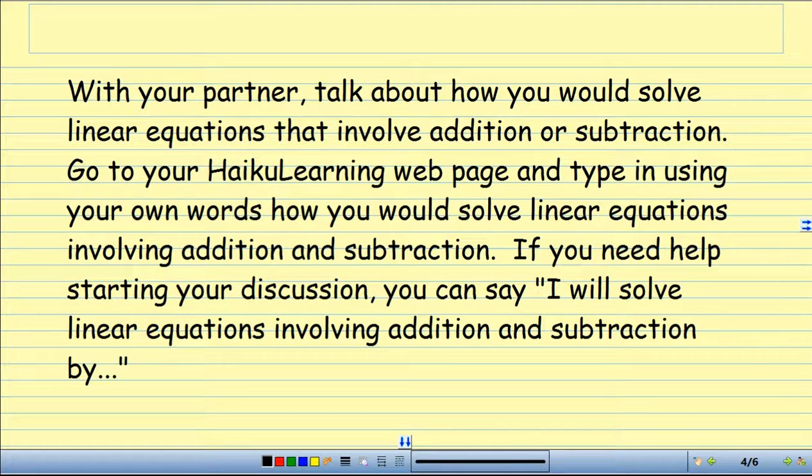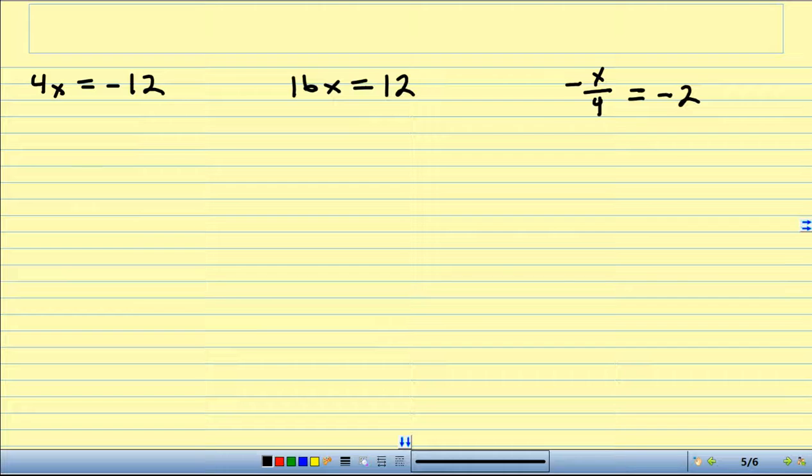So what I want you to do now is we're going to go to multiplication and division. So solving one-step linear equations with multiplication and division. So I've got 4x equals -12. And again, we're still going to use the word